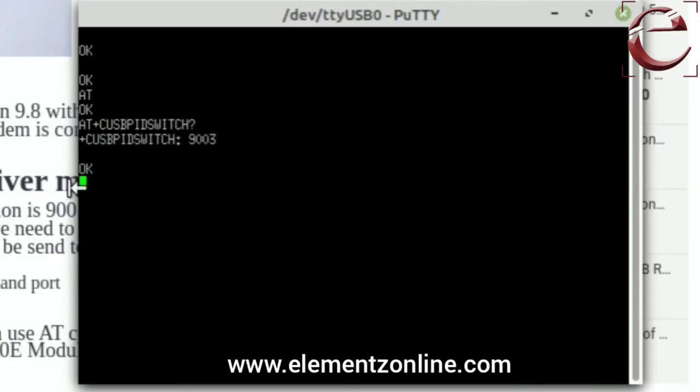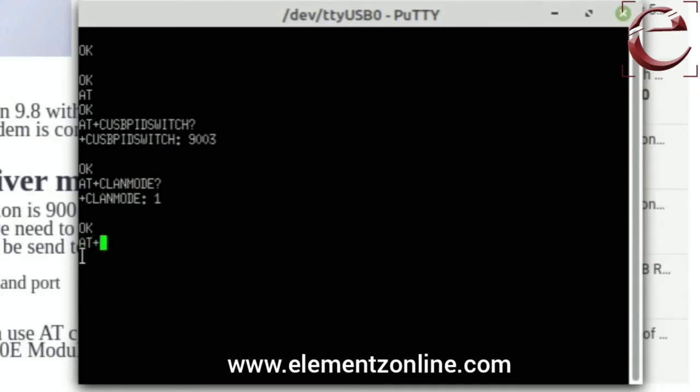So you have to change the PID value to 9003. So here it is 9003. Then you have to check the LAN mode.